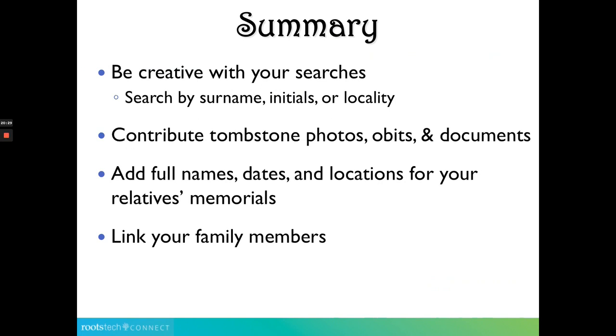Now, in conclusion, just as your summary here, be creative with your searches. You can search by surname, initials, and locality. Contribute tombstone photos if you have them, especially if they're not there already. Share what you have so that everyone can benefit. If you have obituaries, those are great things to post in there, or if you have other documents that relate